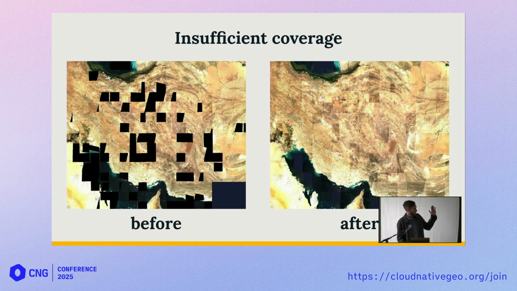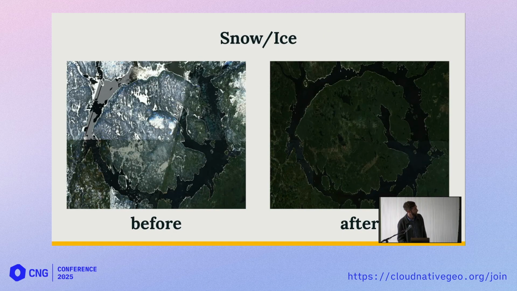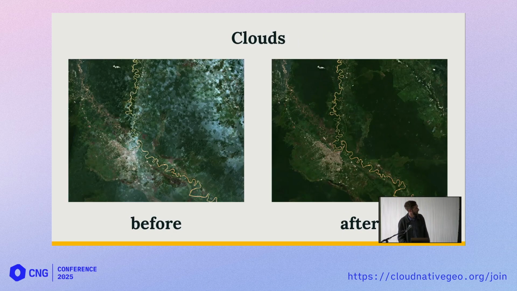So we took care of some things, missing pixels. I mean, that's really bad, but we made it better. Snow and ice again, and getting rid of those nasty clouds. This is from a part of the Amazon, which is really cloudy all year long. And the partners we work with, a lot of them are working in the Amazon, so getting rid of those